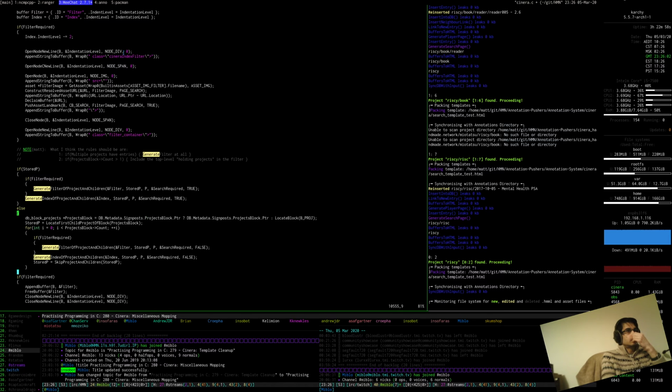Otherwise, we need to locate that stored P. Okay, yeah. The P, does the P contain its parent? If the P contains its parent, mind you,